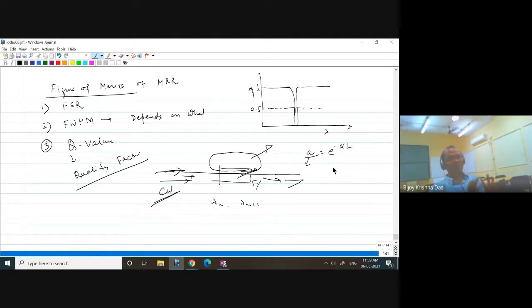Now we need to know how much energy is being stored in steady state. That is actually the quality factor. Depending on the loss and coupling strength, I can say that this much energy is what this ring resonator is storing in steady state. If I change the loss mechanism, then the stored energy can be different. It will store a certain steady state amount. It will not increase indefinitely as long as a certain kind of loss is there.